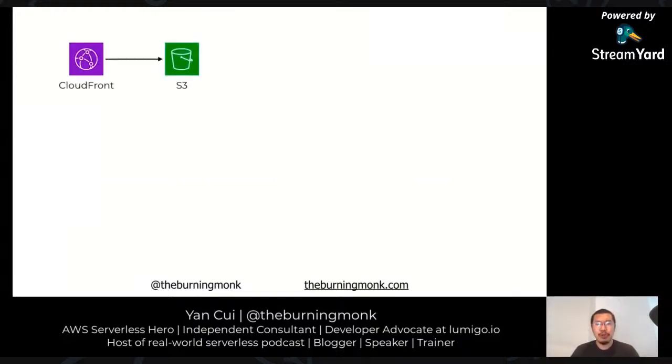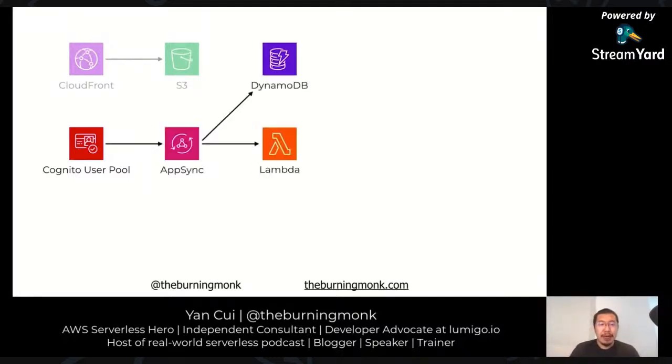So I'm not going to show you the full architecture here, but here are just a few of the key components. We have CloudFront and S3 for image assets and search. And as for authentication, we use Cognito. There's one Cognito user pool for the mobile app, and then there's another one for the CMS. And the backend is all done in GraphQL using AppSync. Again, one for the mobile app and one for the CMS.